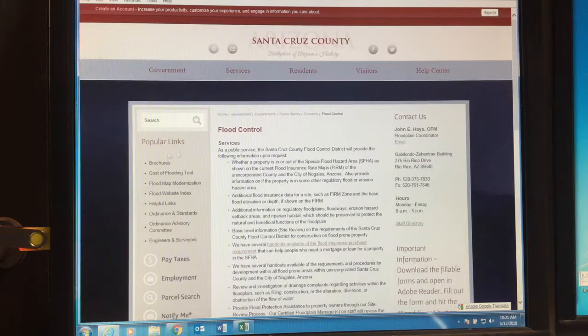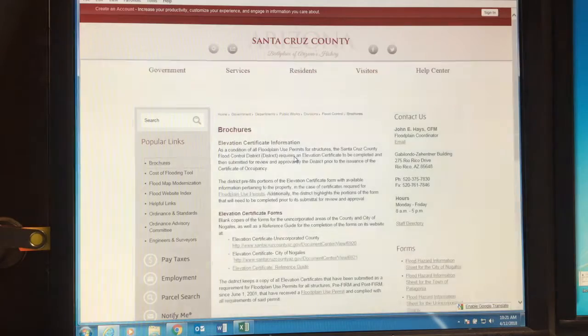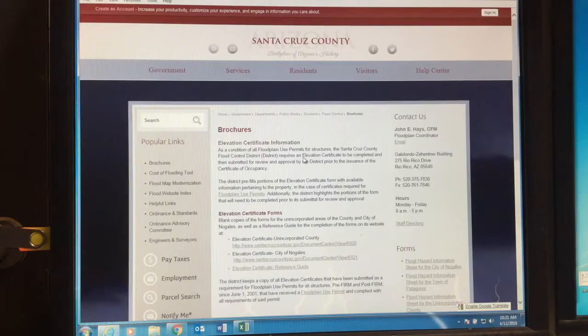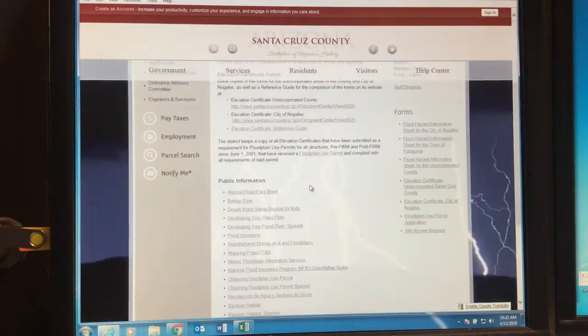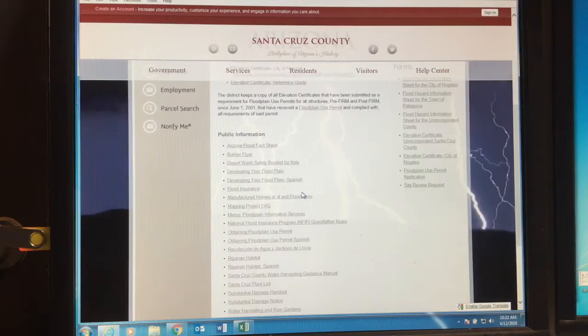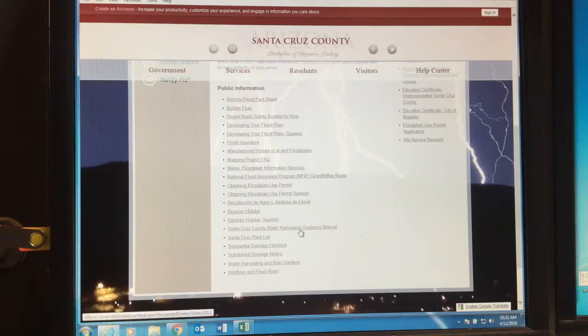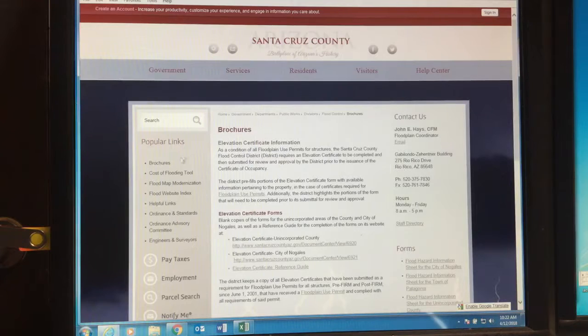On the left hand side, we have some other pages you can go to. Brochures will link you to PDFs of our different brochures as well as the elevation certificate forms, public information handouts, all sorts of information that can be helpful in developing your floodplain property or knowing more about how to, say, do water harvesting. We also have